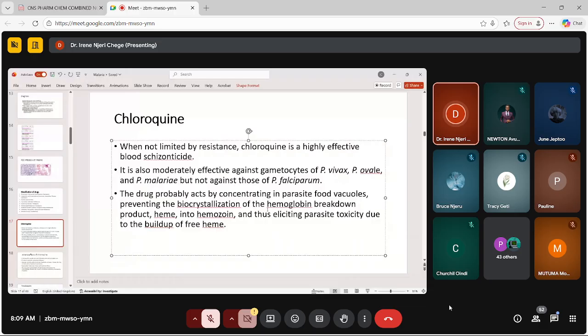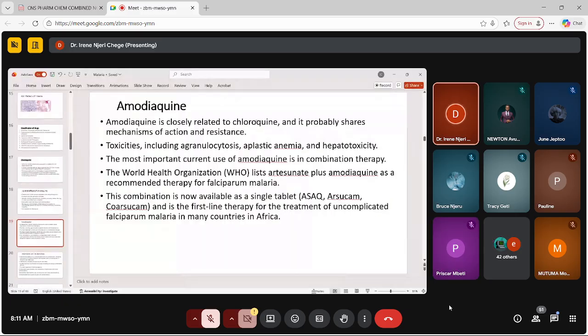That's why I'm saying it's closely related to chloroquine. Chloroquine is actually a 4-aminoquinoline. So is piperaquine. So amodiaquine, the mode of action is similar. Side effects include agranulocytosis, aplastic anemia,